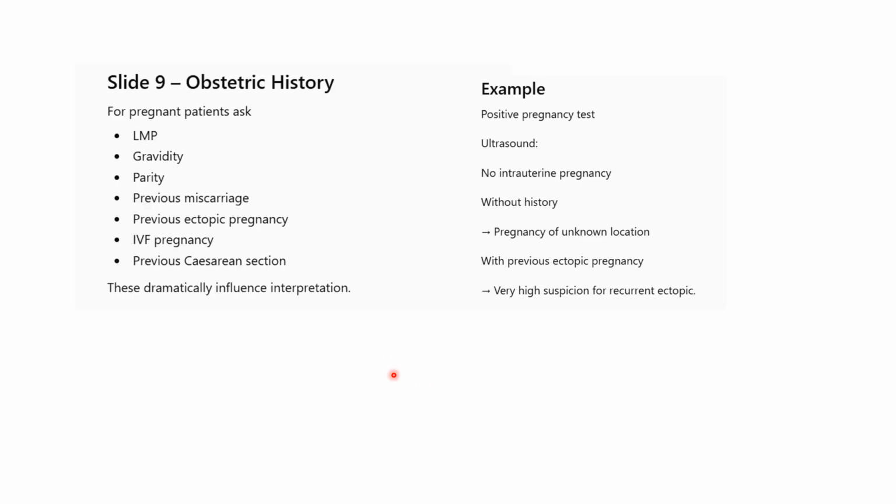Obstetric history: for a pregnant patient, ask about LMP, gravidity, parity, previous miscarriage, previous ectopic pregnancy, IVF pregnancy, previous cesarean section. These dramatically influence interpretation. For example, a positive pregnancy test with ultrasound showing no intrauterine pregnancy is, without history, a pregnancy of unknown location;